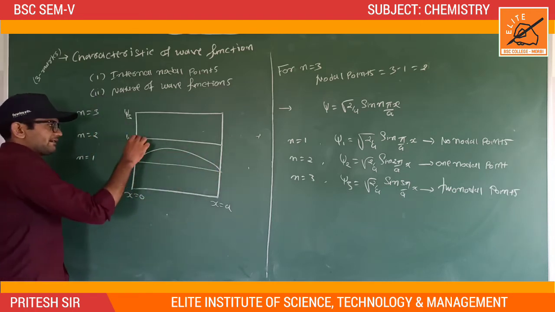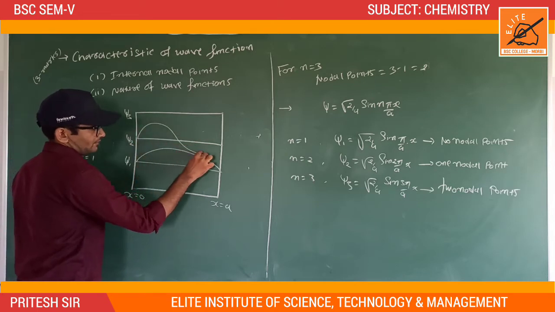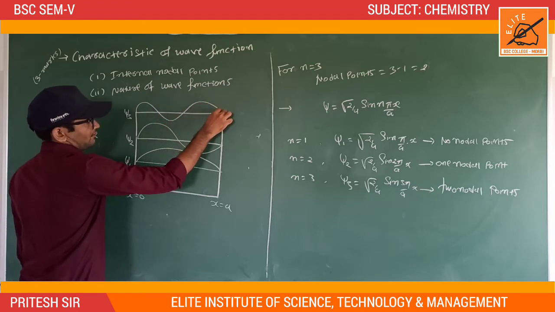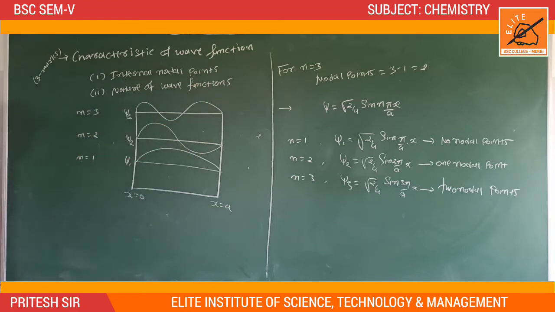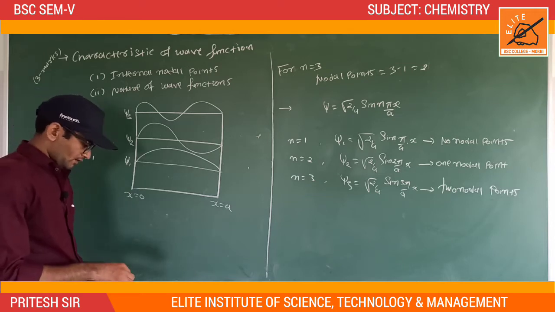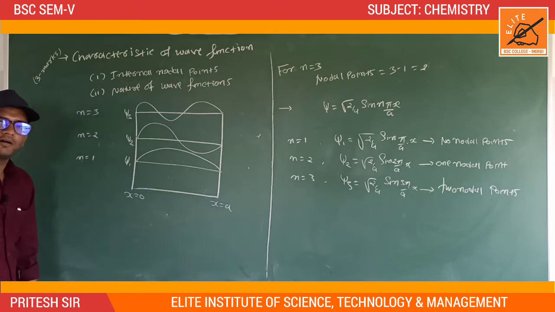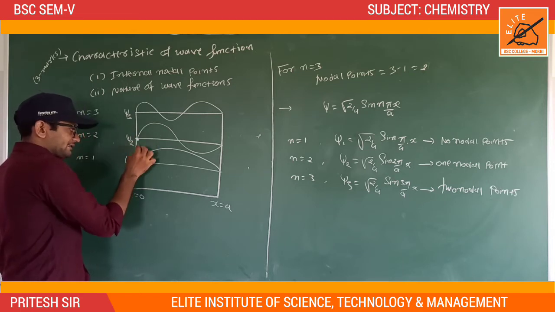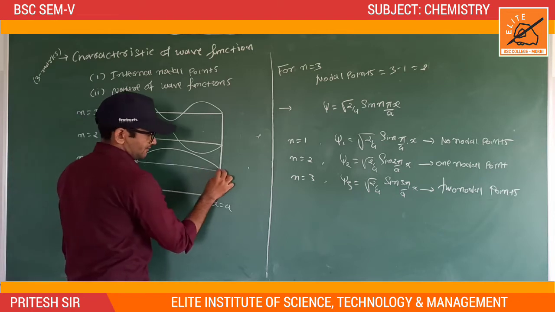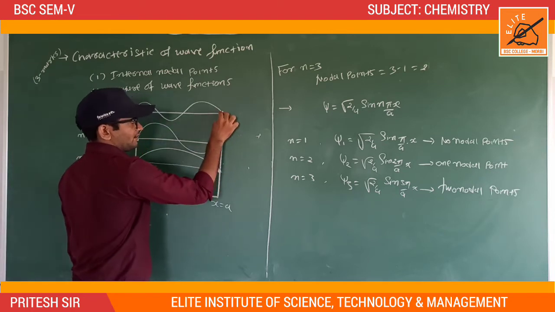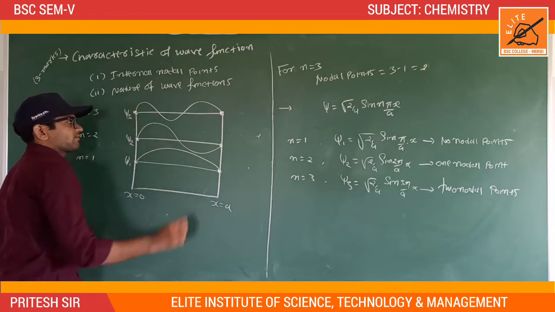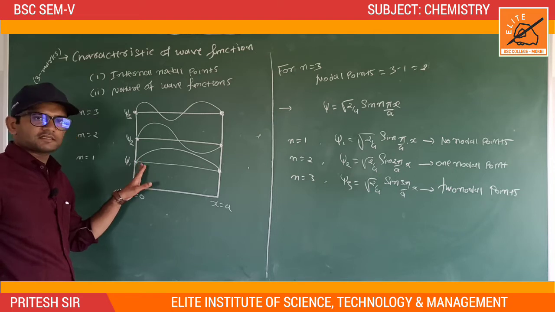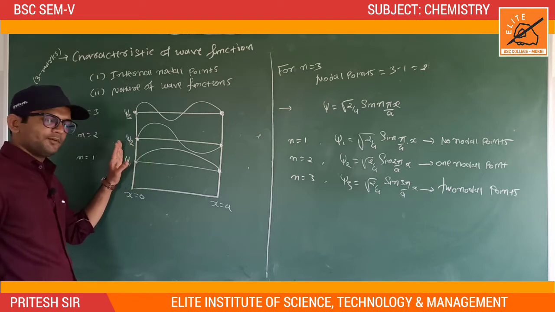So for second energy level, graph will become this type, and for third energy level, graph will become this type. So here in this case, at boundary condition, this is the boundary condition, at this point there are no particles. It is also called nodal point, but we do not consider these nodal points because boundaries nodal points are not